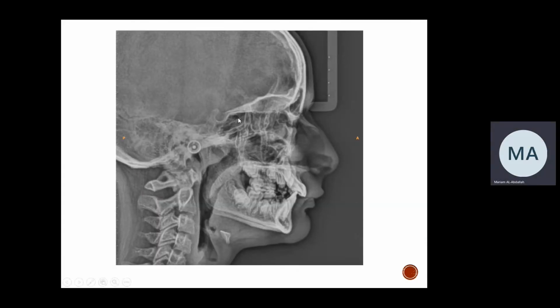And this is the end result of the radiogram. We usually start by tracing the soft tissue outline and bony outline, then identification of points. After that we connect the points to form planes, and then we measure angles and lines, and we end up having a certain analysis. So just to review what we talked about last time,